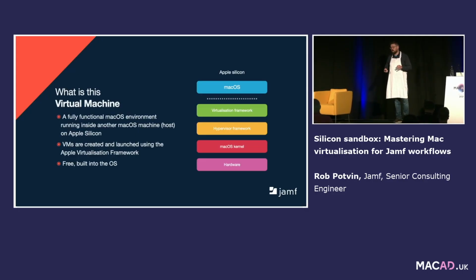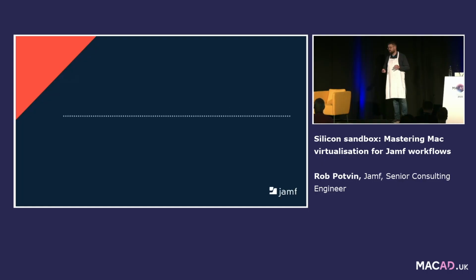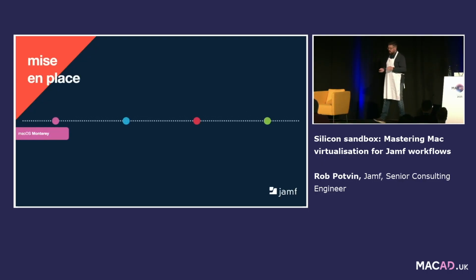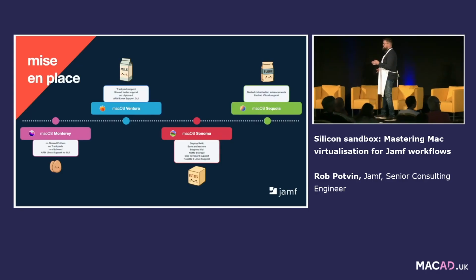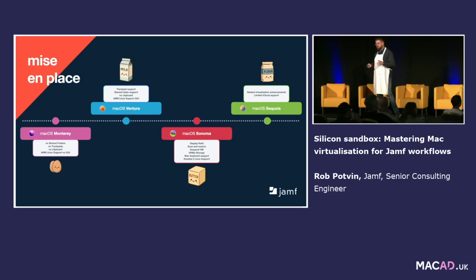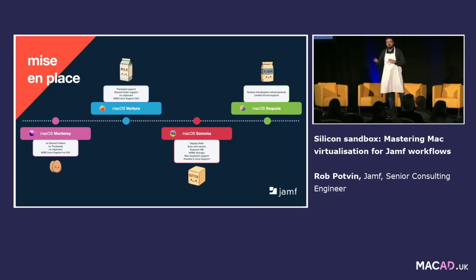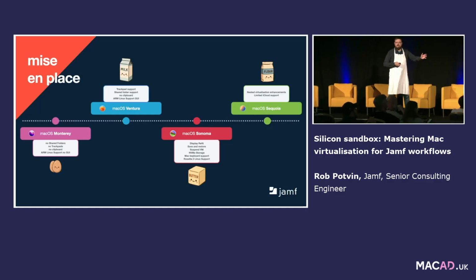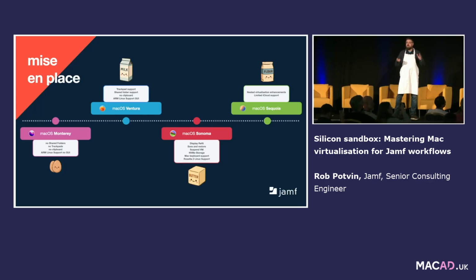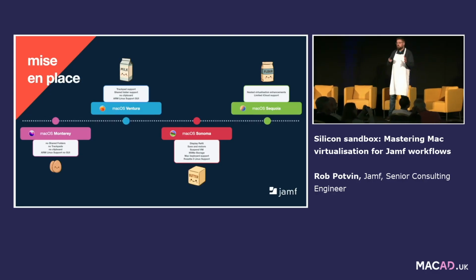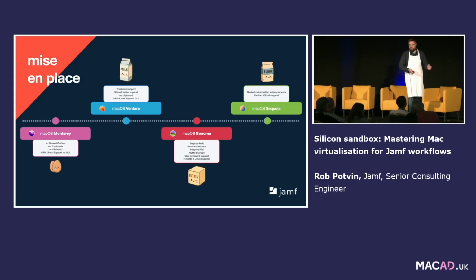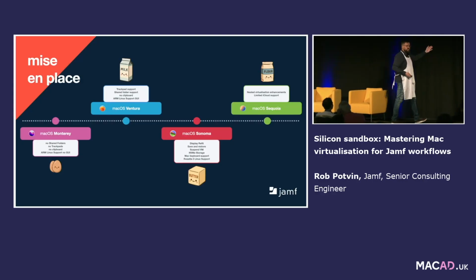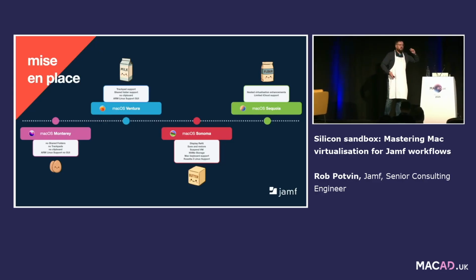the virtual machine framework on Apple Silicon. So the main platforms for our virtual machines started with Monterey. Now before Monterey, there was a virtualization framework at the beginning. It wasn't very good. It was kind of in its infancy, but the main reason we're going this direction is there was no such thing as kernel extensions anymore, only system extensions, and when you're dealing with something like a virtual machine that has access to the OS-level hardware, you kind of want to make your own framework. Monterey had a few cool things, like Linux support, but no GUI, no shared folders. It was literally spin up a VM, and it works.